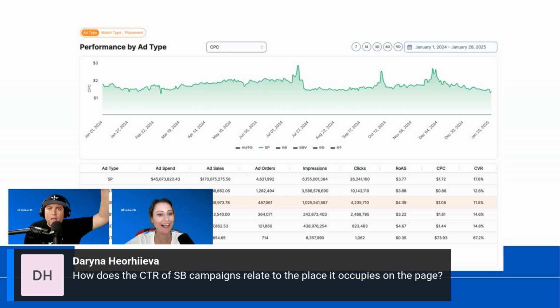Sometimes it shows at the very top. Yeah. Like, even Amazon doesn't really tell you where it's showing, right? Yeah. So in general, we don't recommend really using click-through rate. It's a huge factor with sponsor brand ads because your click-through rate is going to be so dependent on your